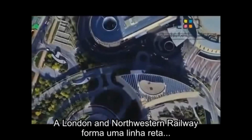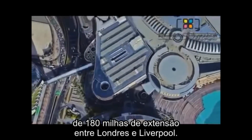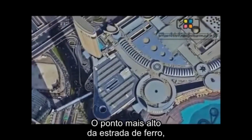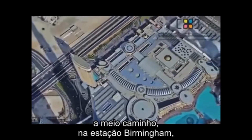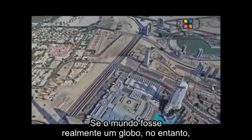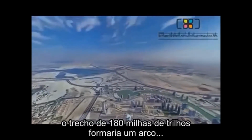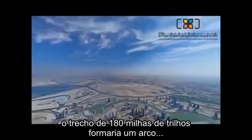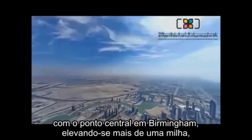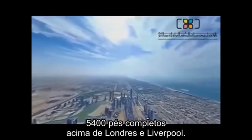10. The London and North Western Railway forms a straight line 180 miles long between London and Liverpool. The railroad's highest point midway at Birmingham Station is only 240 feet above sea level. If the world were actually a globe, however, curving 8 inches per mile squared, the 180-mile stretch of rail would form an arc with the center point at Birmingham raised over a mile, a full 5,400 feet above London and